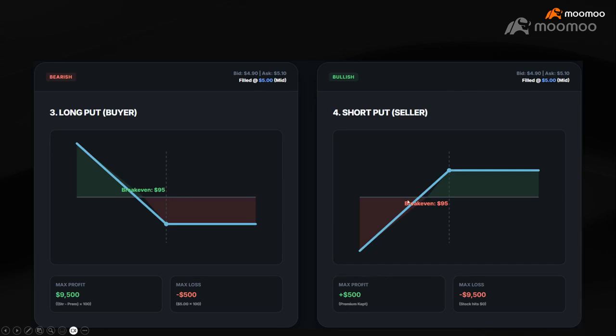So this is a case where it depends on your intention. If you want the underlying, then shorting the put is a very good strategy, if you have the buying power to buy the underlying and hold for the long term, and you also want to collect the premium. And then there's the probability as well, because you can range between here. If it goes sideways, goes up a little bit, or drops a little bit, you still can profit.